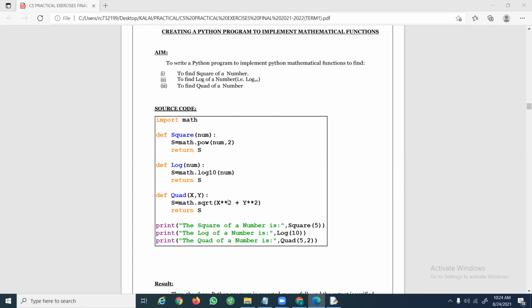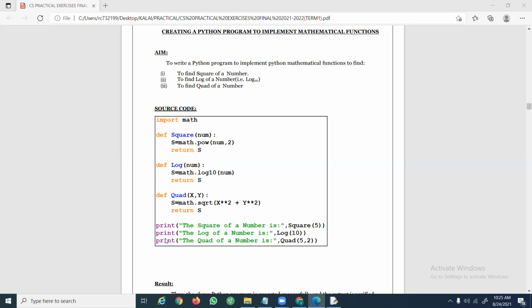We know that double star is an exponent operator, which is used to calculate the power. X double star 2 means x square, plus y square. After calculating the square root, I'm receiving the result in a variable and returning that value. So these are all the user defined functions.